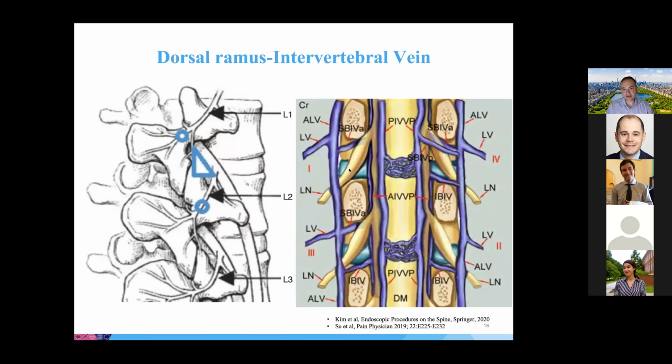There are also many veins in the foramen, and over here I wanted to show you something that we learn about in anatomy, but we don't really get to see that often, not even in open operations. As the nerve exits the foramen, it gives the ventral ramus, which is the main part of the nerve that goes down to the lumbar plexus and then to our legs. But it also gives the dorsal ramus, which is this tiny nerve here that innervates the facet joints, the muscles and the skin of the back. We don't usually see that nerve when we're doing open approaches,